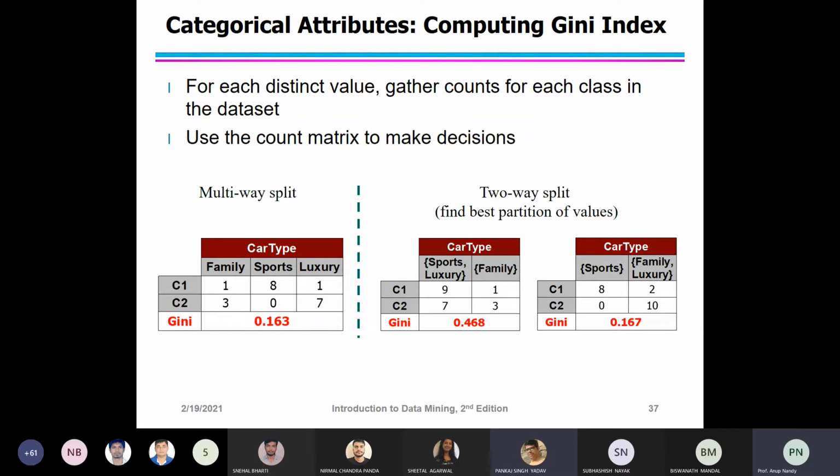Denominator will be 20, sir. Denominator is 20. Very good. And the numerator? 16. Good. It will be 16 divided by 20 multiplied by 0.4922, plus 4 divided by 20 multiplied by 0.3750, which results in 0.468.